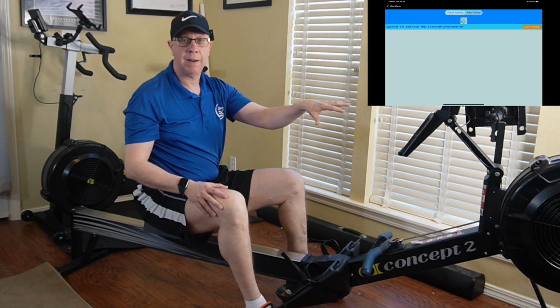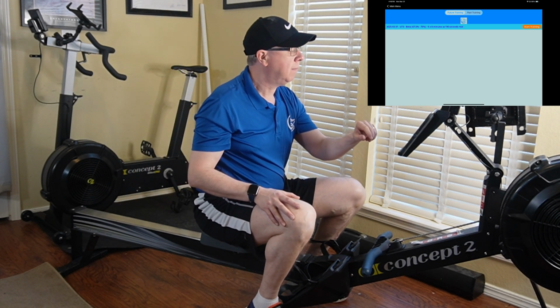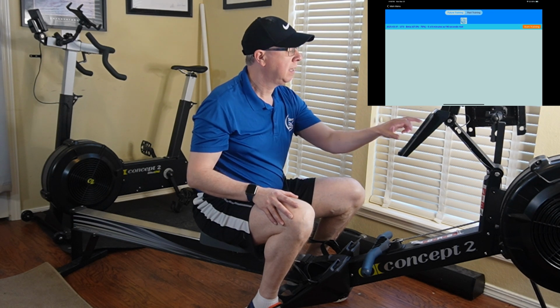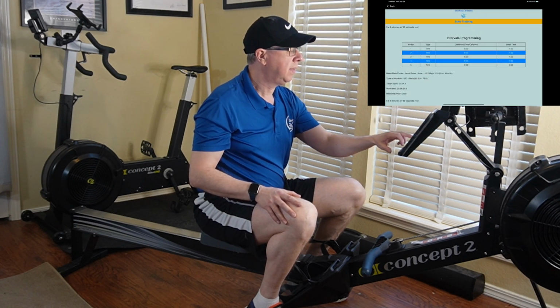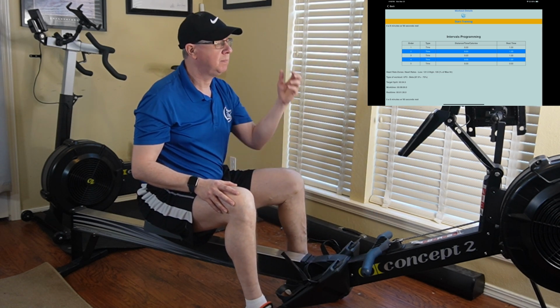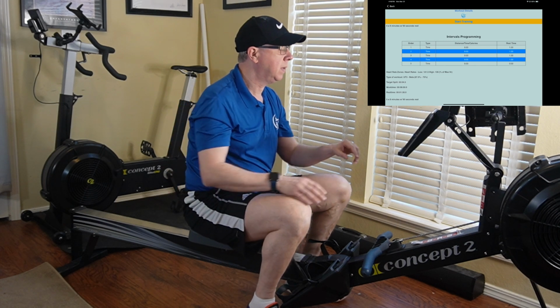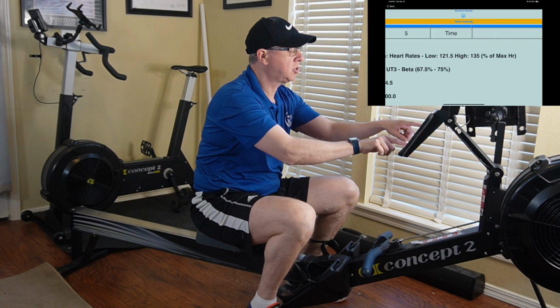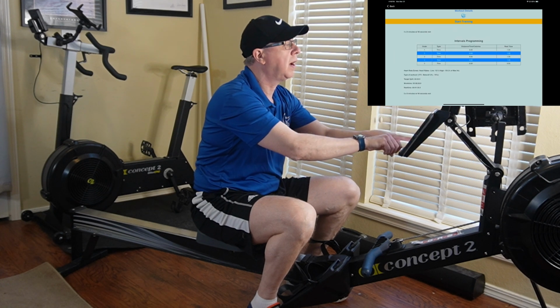I've already pre-programmed it with the intervals. So, you know, we can see kind of how that is set up here, top right, and there's our intervals. 8 minutes of time, 1 minute and 30 rest. Noting here that I'm going to try to keep my heart rate between a 121 and a 135,